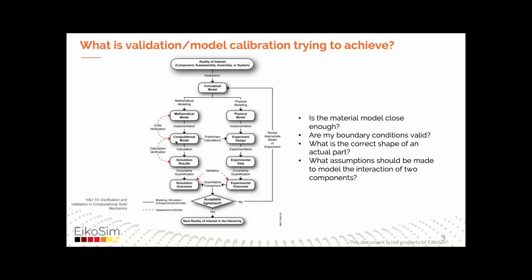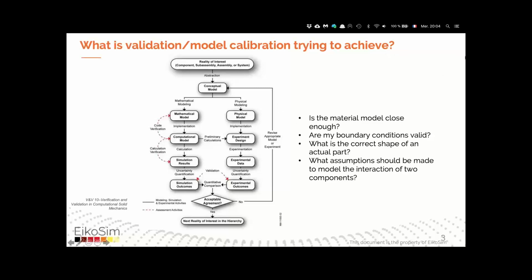And the question we're trying to help solve here is, what is validation or model calibration trying to achieve? Obviously, for each step of the pyramid, the idea is to compare the simulation and experimental outcomes in order to make sure that simulation is not too far from reality and it has some ground truth in it. And if it's acceptable, the model can be used in order to perform further developments. And the question the engineer has to answer is,